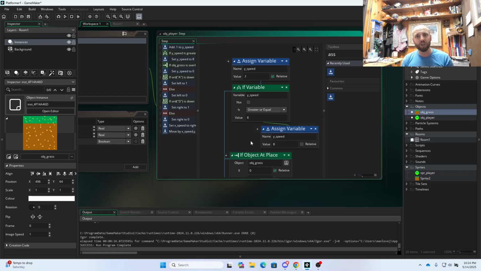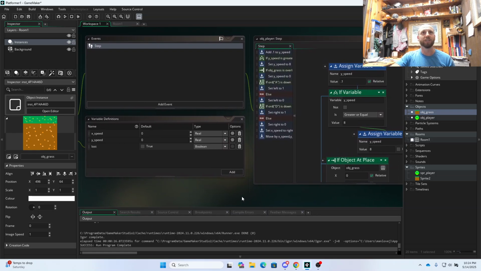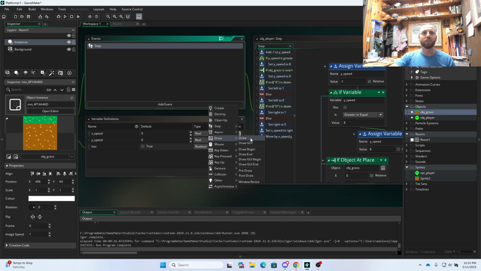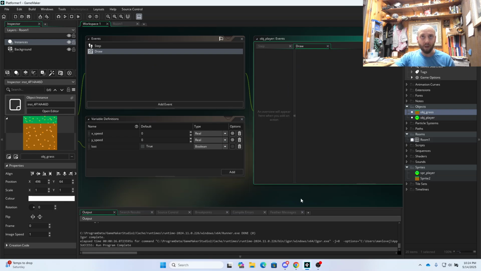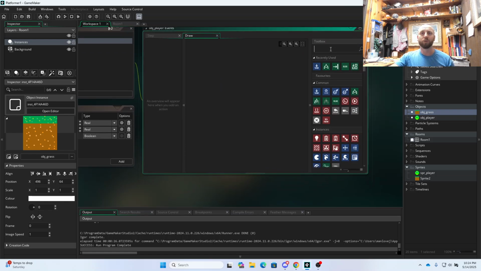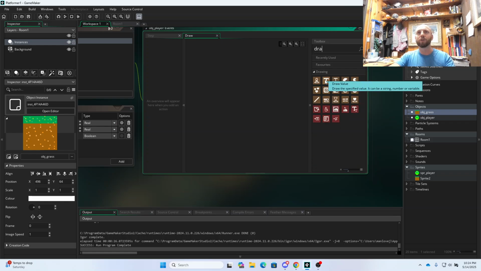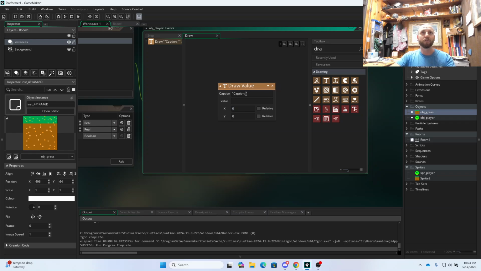So that's going to cap our speed. Now, in order to check that this is going to work, I'm going to need a little bit of a display of my speed. So this is me doing a little debugging. We could open up the debugger to do that, but I'm just going to add an event to this. The event I'm going to add is just a draw event. Then in here, I need two things. The first thing we're going to do is draw a value. So our caption is going to read,